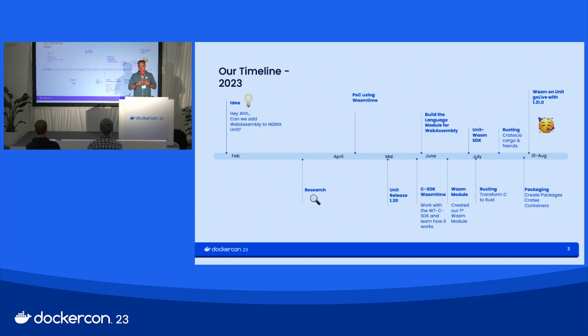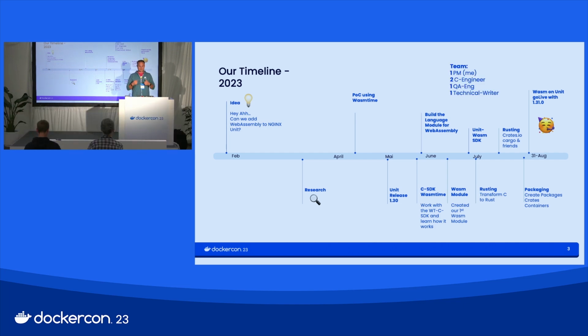Then we tried to execute those WebAssembly modules on NGINX Unit. Then we saw that this is painful because of something called linear memory, so we created an SDK on top of all this. And then we found out that C is great as NGINX Unit is written in C, but a lot of people would like to use Rust. So we ported our SDK to Rust, and that opened up a whole new area of bindings. And with bindings, we would like to share this Rust SDK with the world, so we need packages and crates.io, and well,